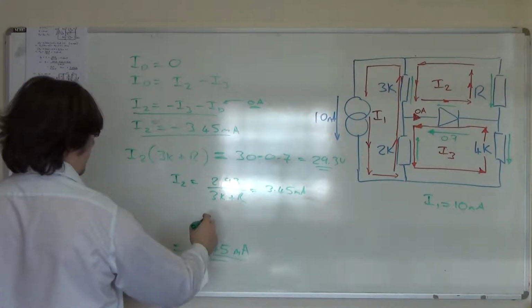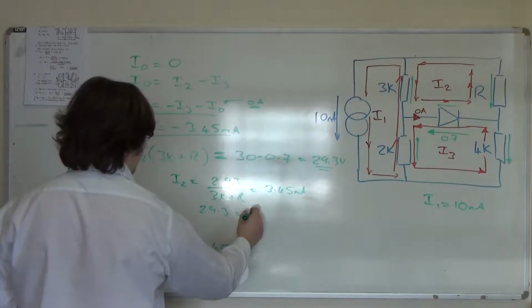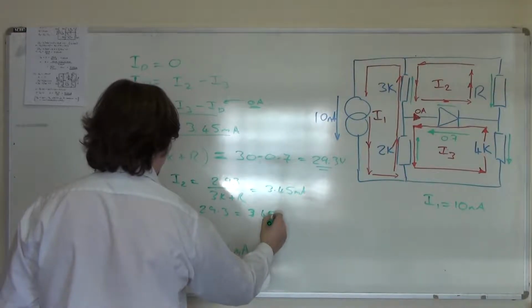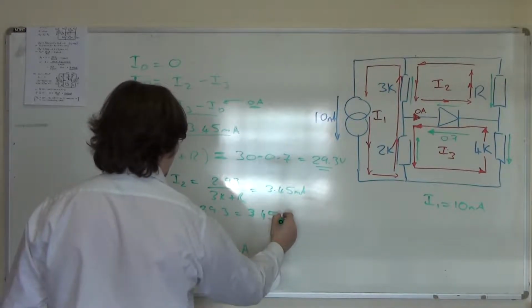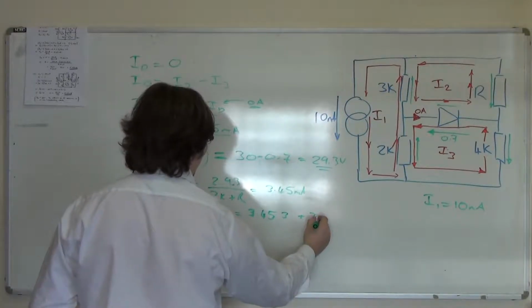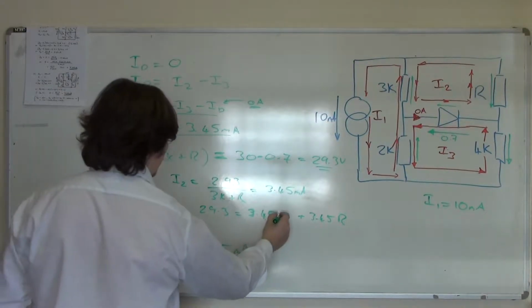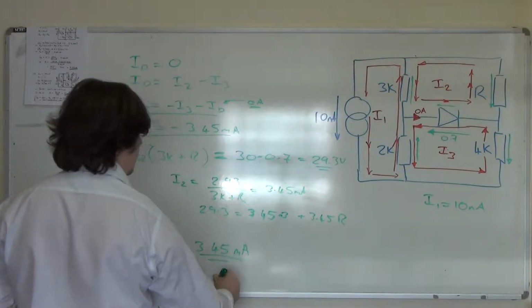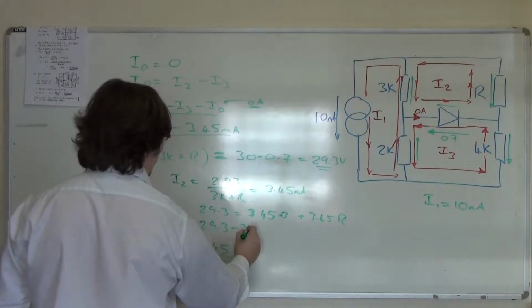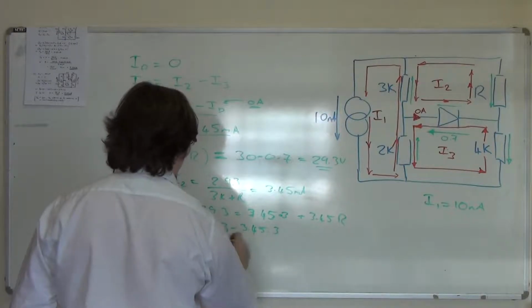So we can then multiply through and say 29.3 is 3.45 times 3 plus 3.45 times R. Take that across, so I'll have 29.3 minus 3.45 times 3k divided by